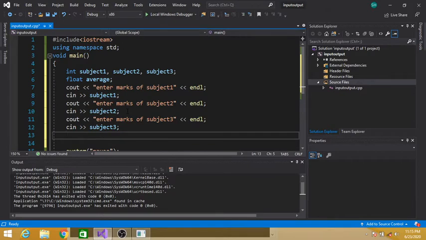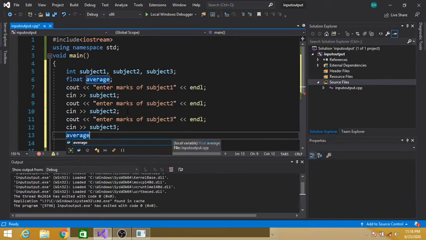Now we have to calculate the average, because we are asked to write a program that inputs marks of three subjects, and if the average marks of these subjects is greater than 80, then we have to display that you have grade A. So first of all we have to calculate the average.